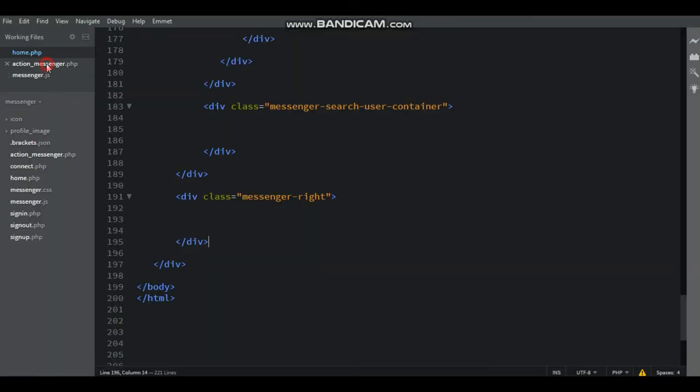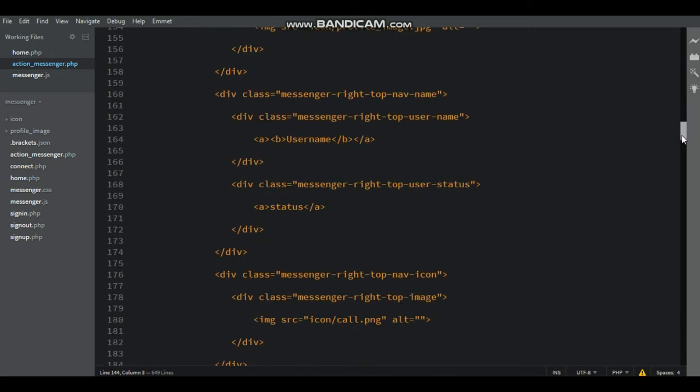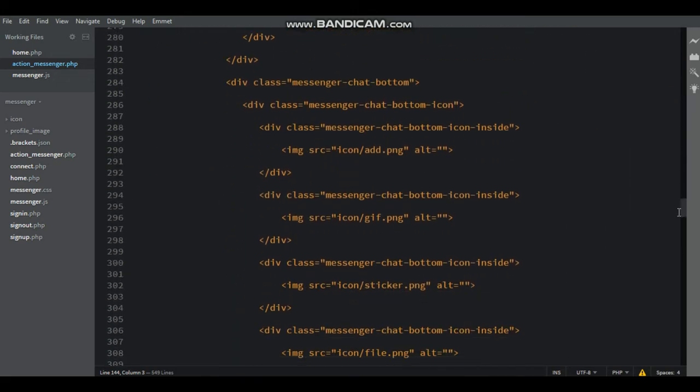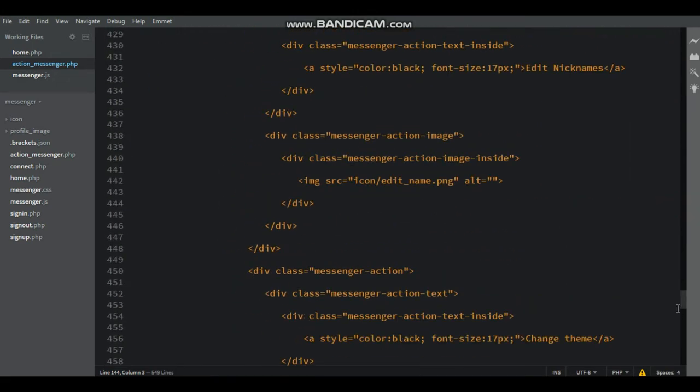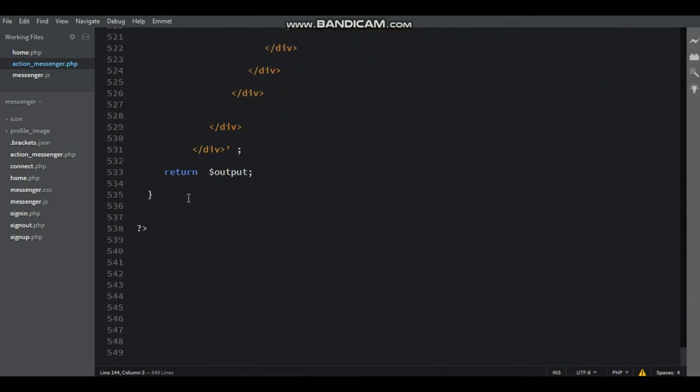Now go to the action messenger.php file. Here that is fetch the chat user top navigation bar.